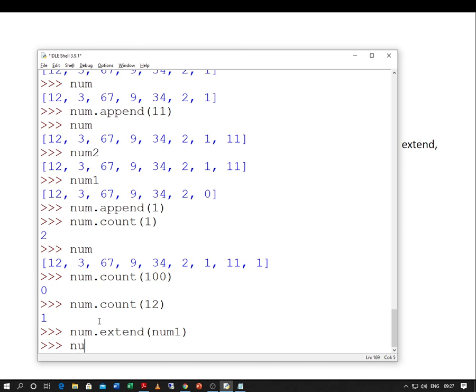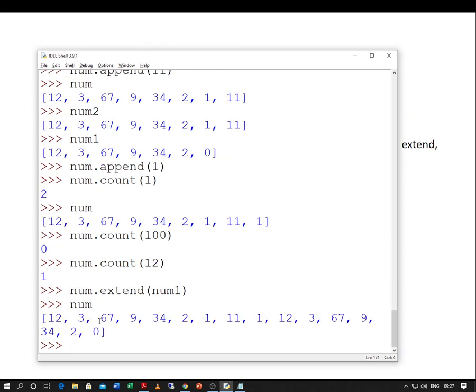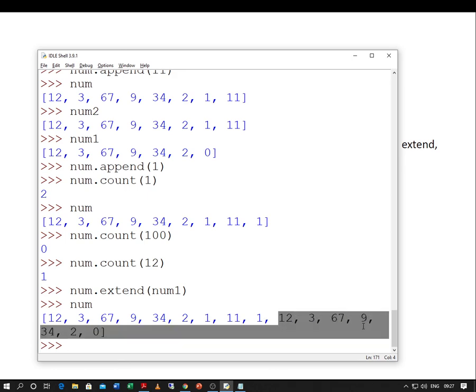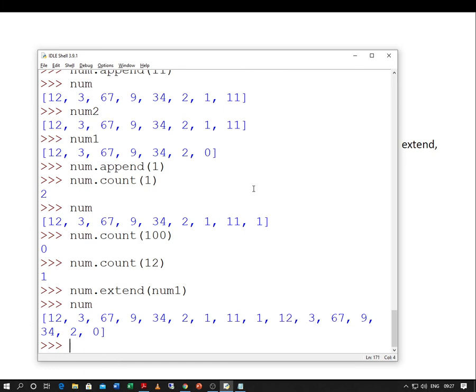Say let me check the value of num. Well, all the elements of num1 are added behind. Remember, the difference is previously, say for example, let me try to do num2 dot append num1. We try to check the difference.